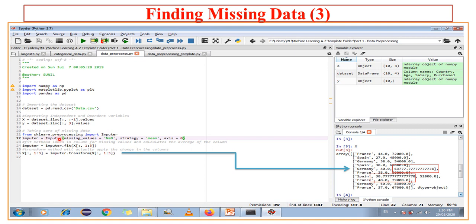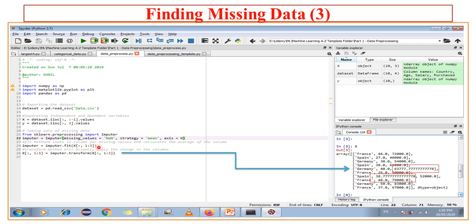Now I have used the imputer class and created one imputer object, and then I have specified all the parameters to the imputer, and then I call the fit method. What is the fit method used for? The fit method is used to find the missing values and find the average of that particular column.